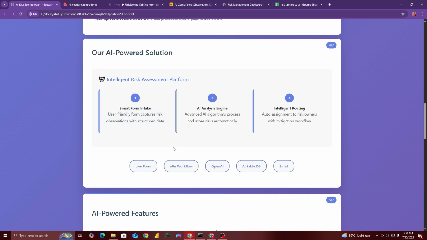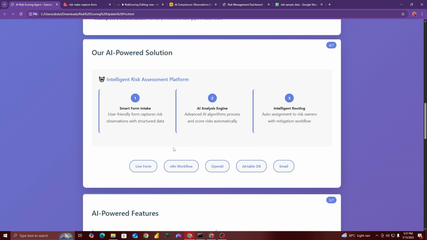Now, with this AI powered solution, it's an AI agent that will do the complete risk scoring and risk management, and it will also generate a dashboard which can be presented to your chief audit executive or to your CXOs. It is a smart form, and the user has to fill the observations data into that form, and that data will be saved in a database, and then it will go to the AI analysis engine, and it will generate the risk scores automatically and different other features related to it.